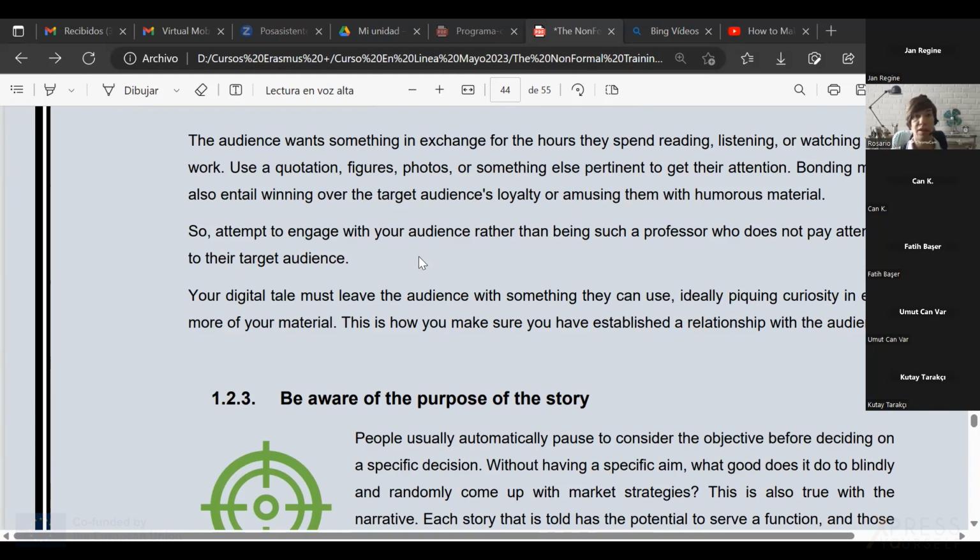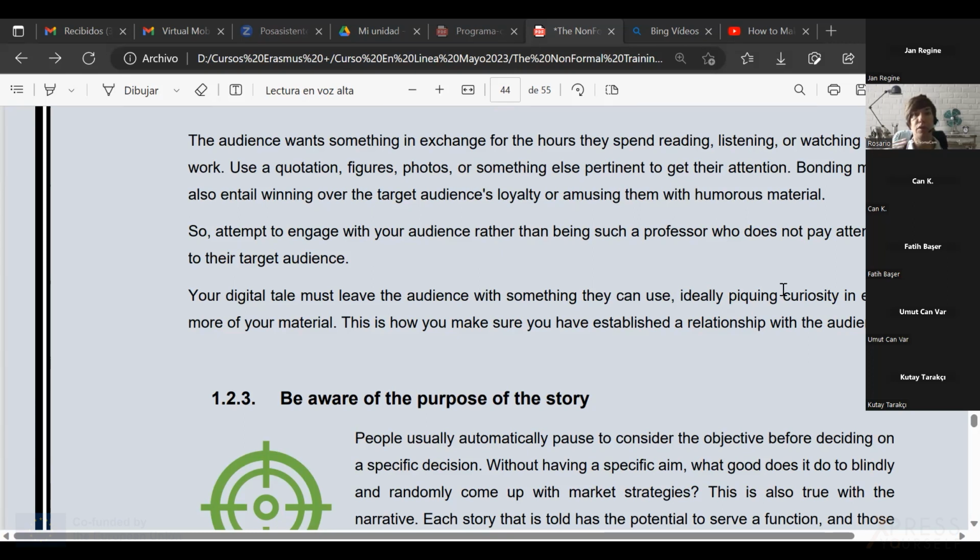So as I said at the beginning, the audience wants something in exchange. Your tale, your story, must leave the audience with something they can use, and ideally pique their curiosity about even more of your material.